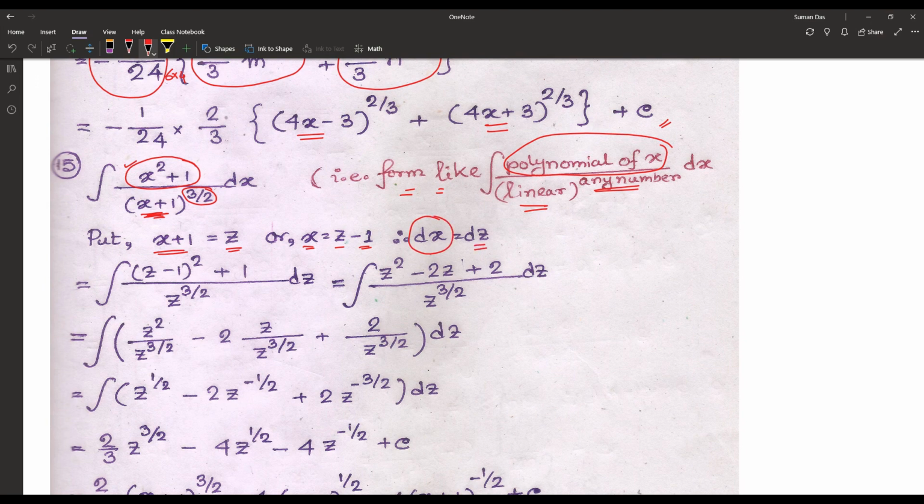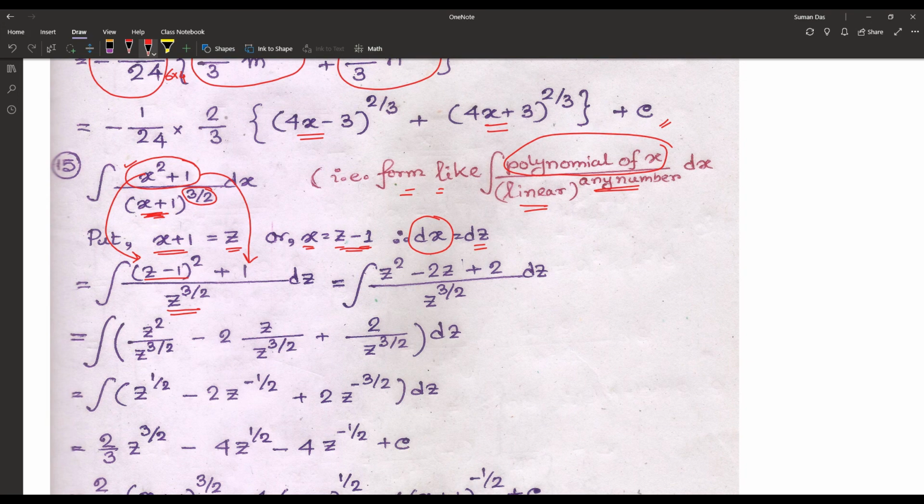As x plus 1 is equal to z, the denominator becomes z to the power 3 by 2. Now, as x is equal to z minus 1, we write for x^2 plus 1 that one is (z minus 1) whole square plus the 1 here. So after simplification we get the numerator as z square minus 2z plus 2 divided by z to the